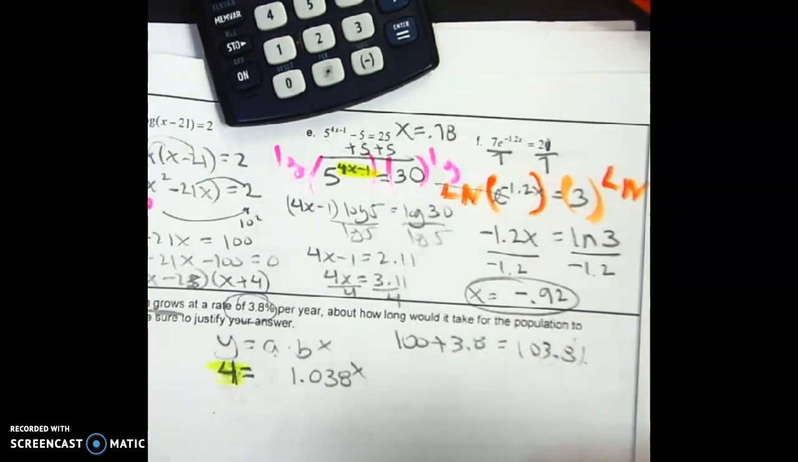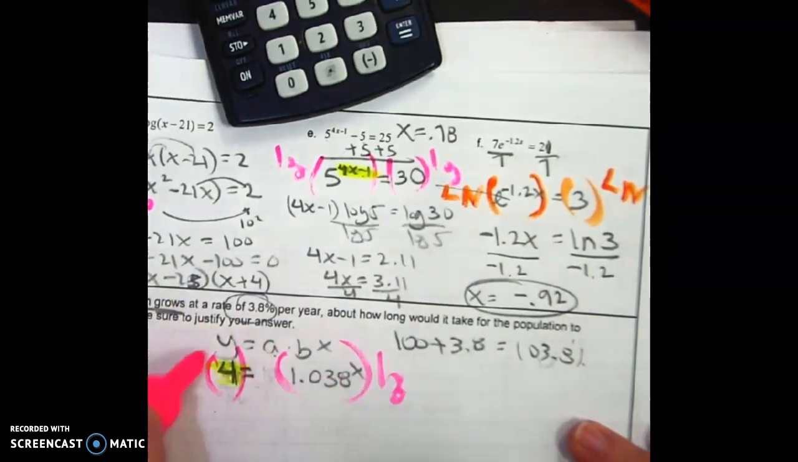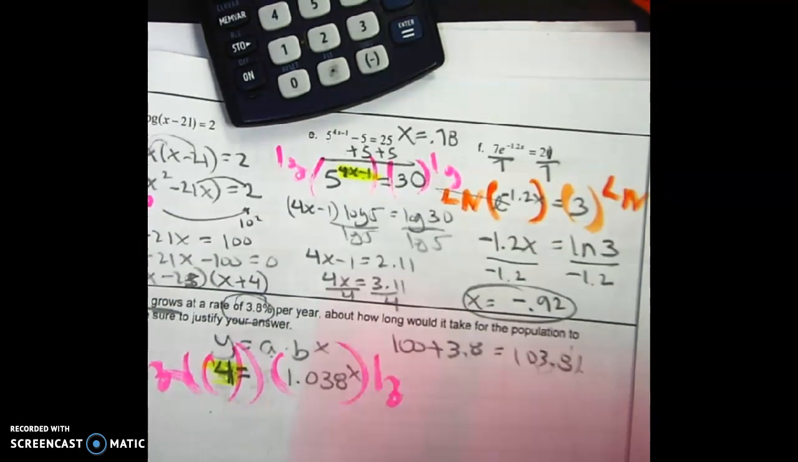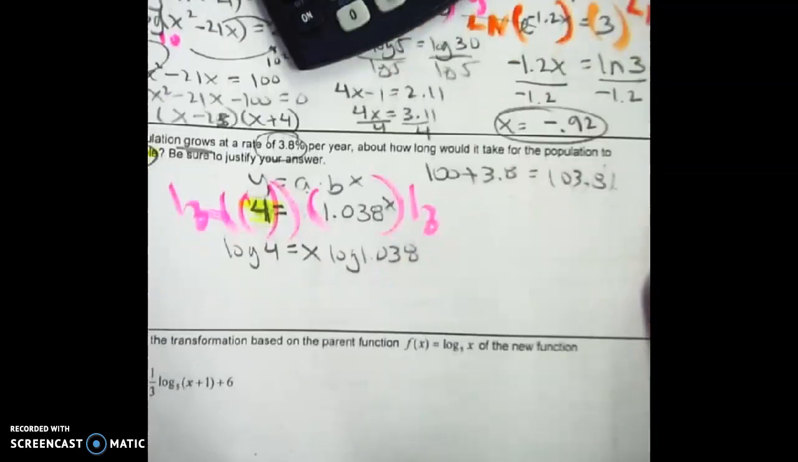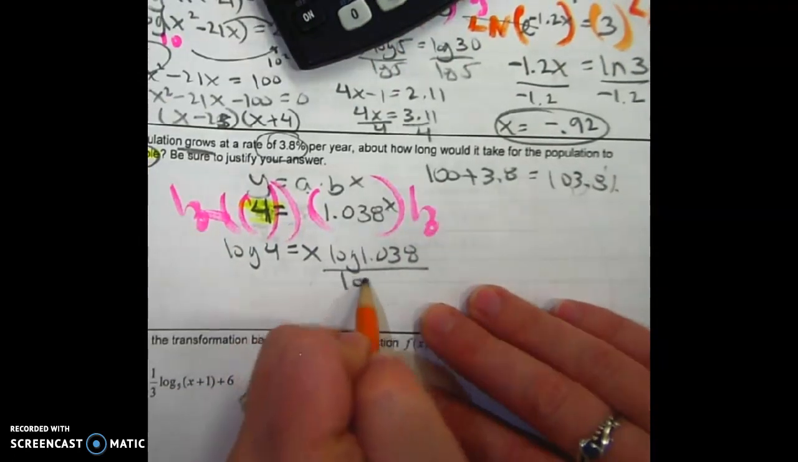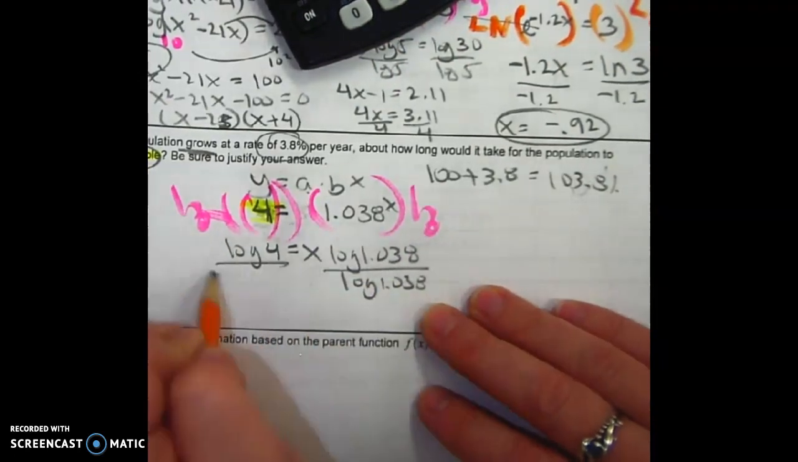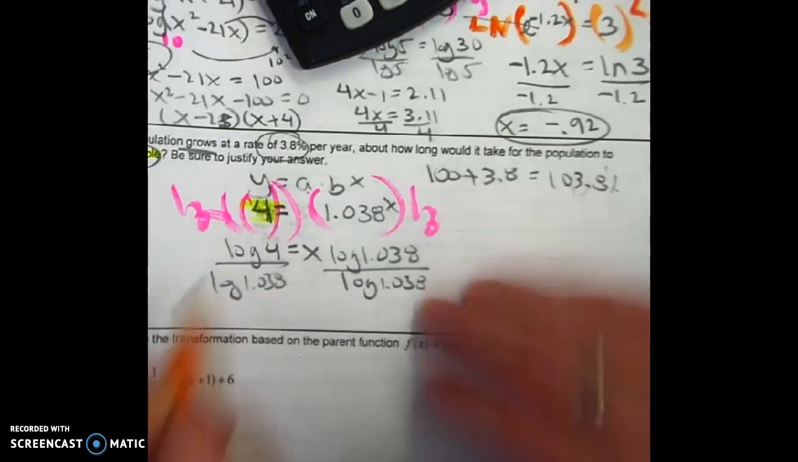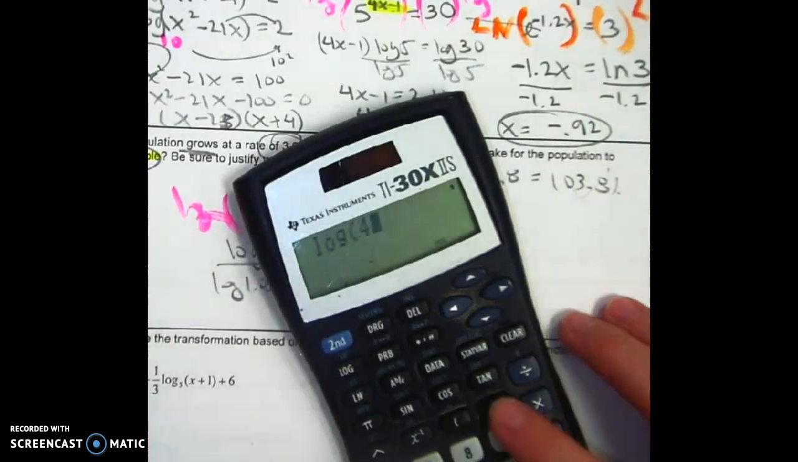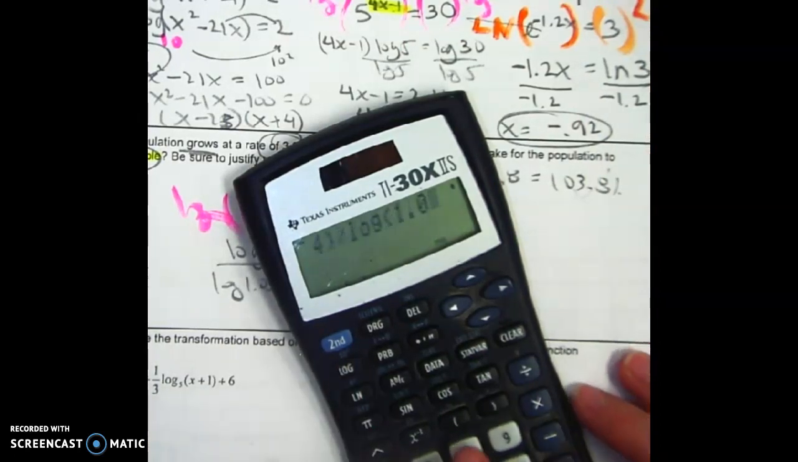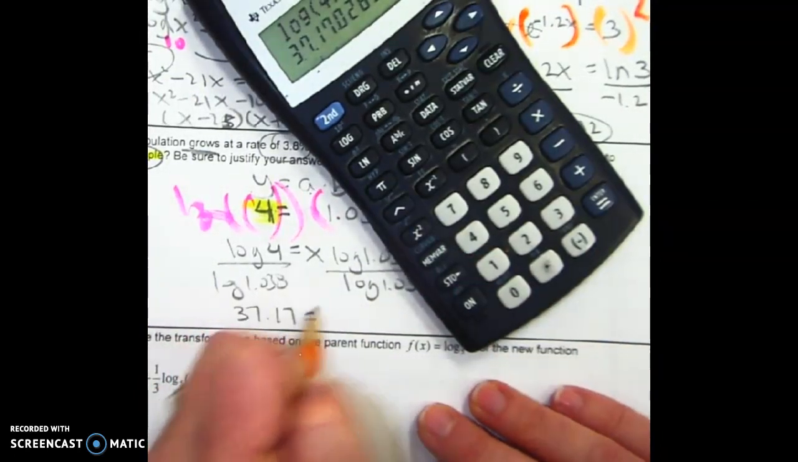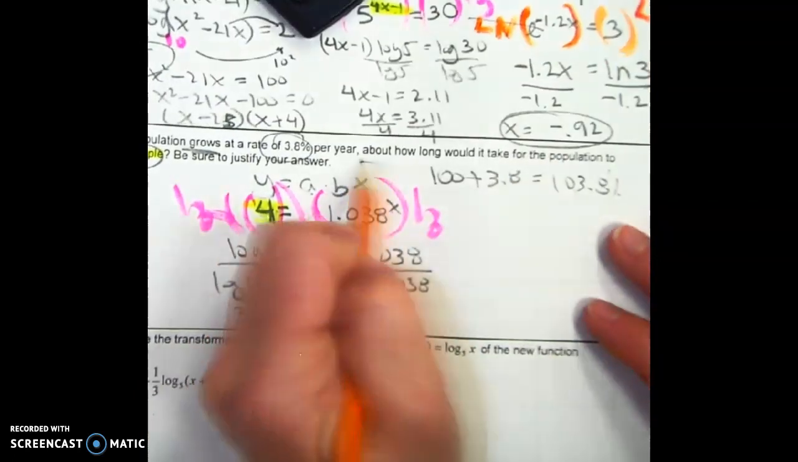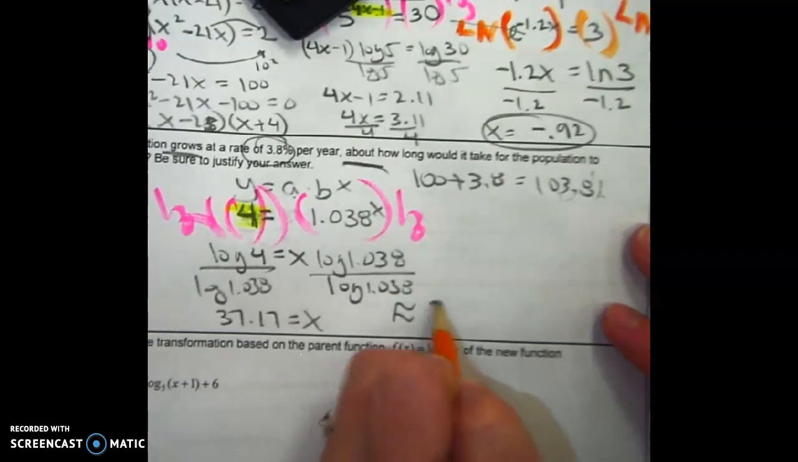So now, what do I do? Log both sides. Whatever. Okay, so I have the log of 4 equals little gets big. And then now I divide by log 1.038, divide by log 1.038. And I get 37.17 equals x. Okay, about how long? About 38